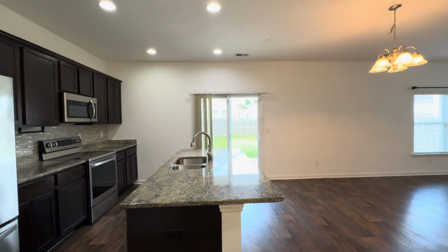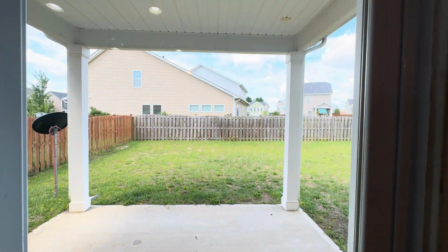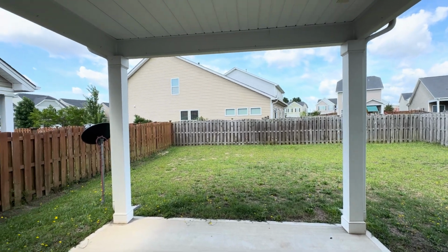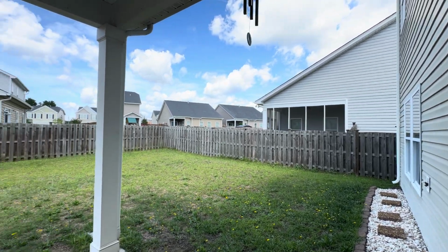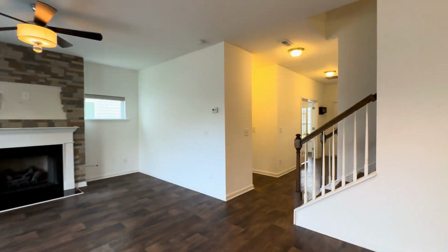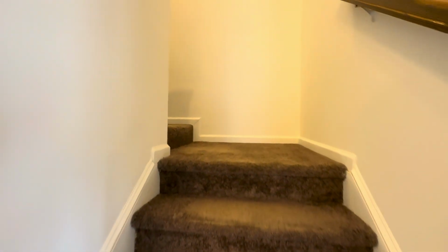And then on the opposite end of the kitchen island, your sliding door out to the backyard space, where you have a beautiful covered patio, and then a nice fenced backyard. Paver walkway to the gate on that side. And then your bedrooms and bathrooms in the home are on the upstairs level with the additional bathrooms. So we have carpeting starting here that continues up